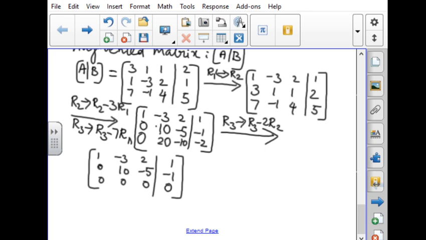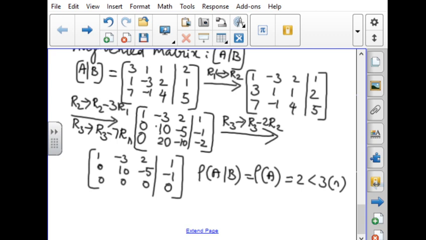Now we can say that the rank of A bar B is equal to, what is this? What is the rank of A? It also has two non-zero rows. Totally, the rank of A bar B is also two non-zero rows. So both are equal and it is equal to 2. That is less than the number of unknowns. The number of unknowns is 3. So it is lesser than 3.